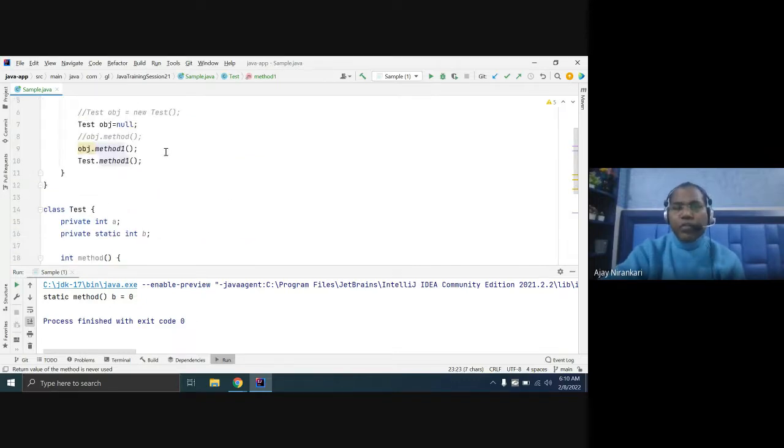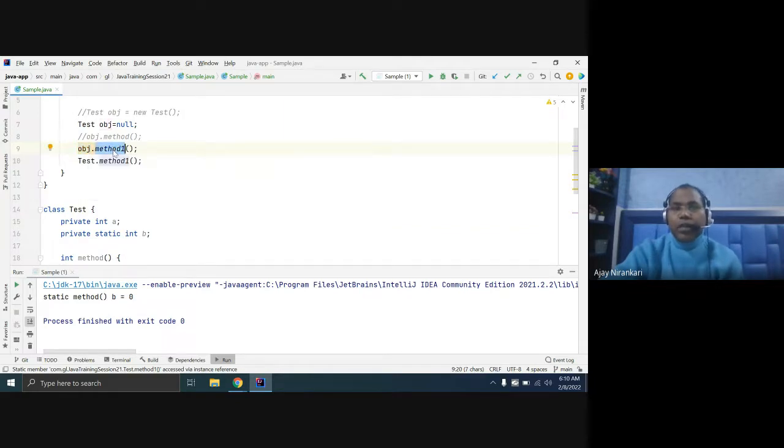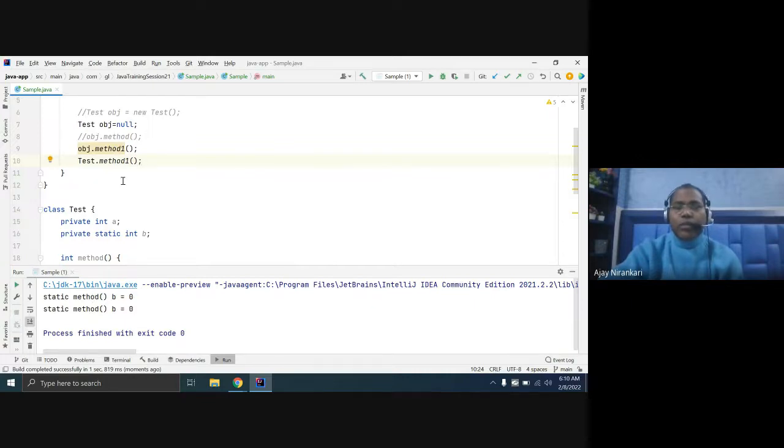The preferred way: don't invoke any static method from an object, because there is no meaning in it. Static methods are invoked from their class name. You can write it and the compiler has no problem, the compiler is happy. You can invoke in both ways, but this is confusing and not the preferred way to call a static method.